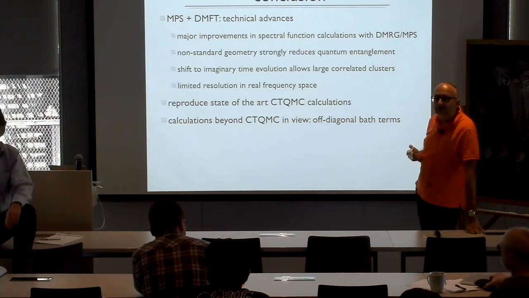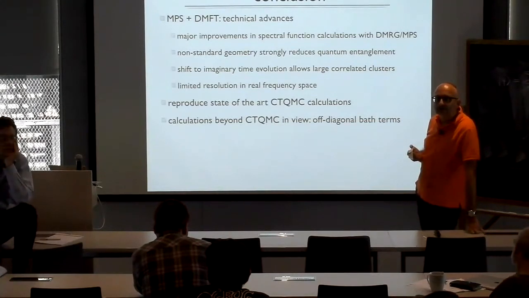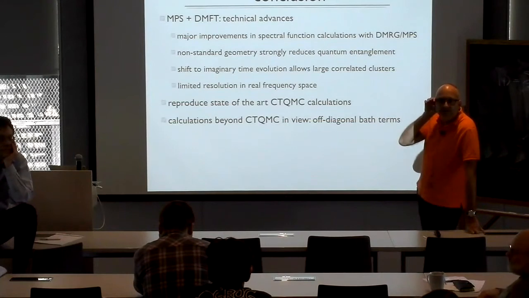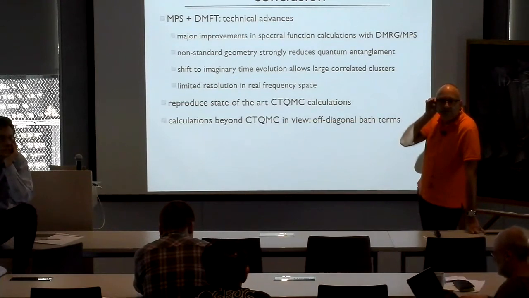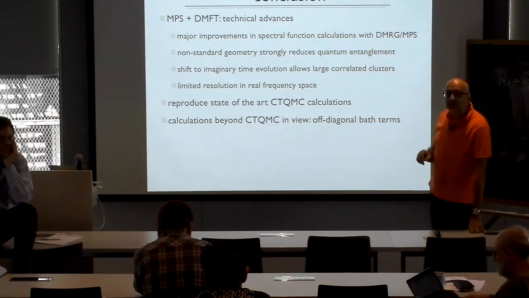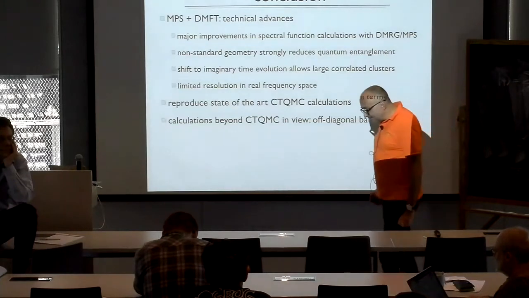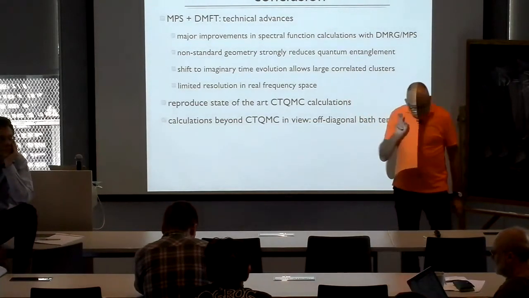Wait, so Emmanuel in the back? Yeah, so when you're doing your off-diagonal hybridization fitting, you were mentioning that you can find a basis where your hybridization is almost diagonal, or diagonal enough that the fitting becomes simple. So this was the case. This is not. This is a very good question, because